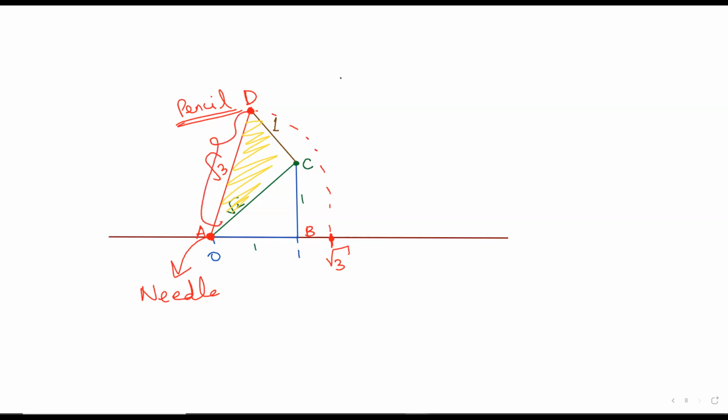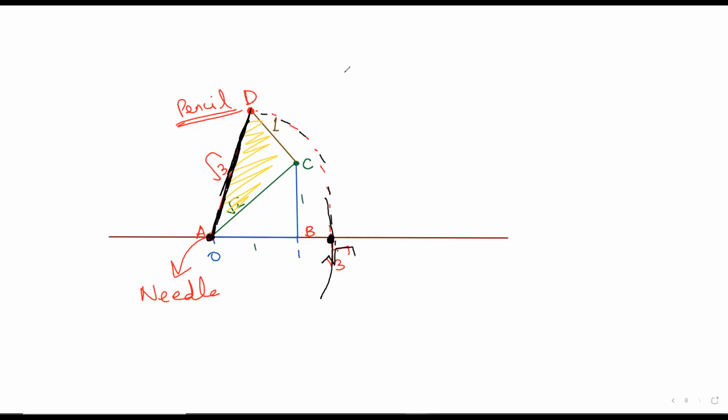So that you can take a measurement of this whole length. Then with the needle at 0 itself, you don't change the center. So what you're doing is making a circle whose center is 0. With the needle at 0, you just drop an arc over here. The arc will look something like this. Oops, that's a little messy. There you go. The point where the arc cuts the number line is your root 3. Is it clear to everyone?